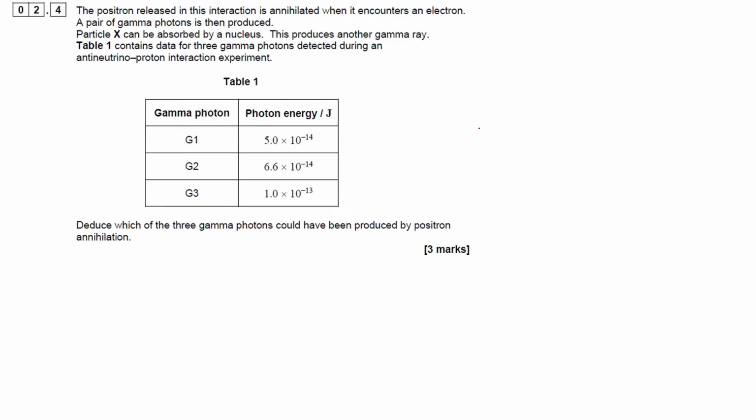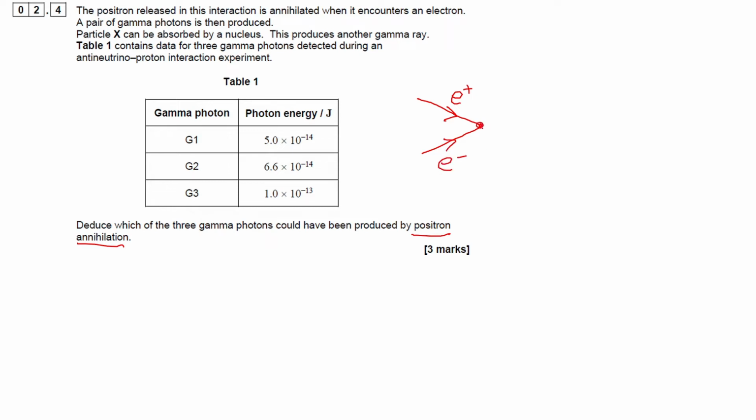In this final question, for question 2, we have to do a calculation understanding the process of annihilation, and it's specifically positron annihilation. So if you remember, with matter and antimatter, annihilation takes place when matter interacts with its antimatter counterpart, and antimatter has the exact same properties except in terms of mass, but not the same charge, the opposite charge. So if I were to draw a diagram of this interaction, we can say we have a positron and an electron,